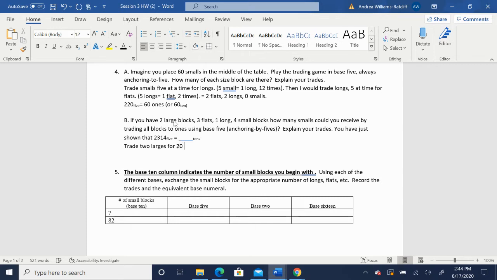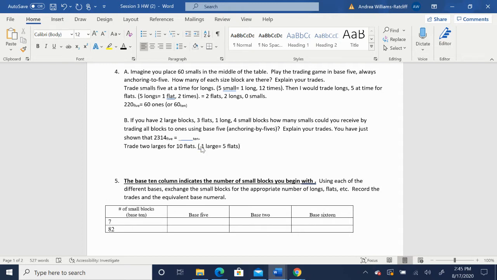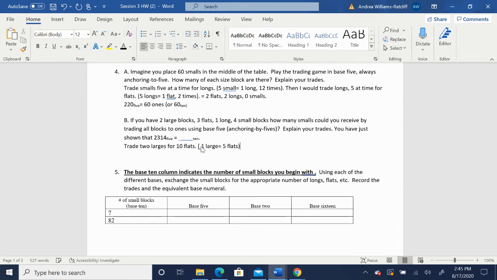for 20 flats, or I'm sorry, not 20. We're in base 5. So I'm going to trade 2 larges for 10 flats. Remember that we're anchoring to 5. If I wanted to explain that trade, 1 large equals 5 flats. Now I have a total